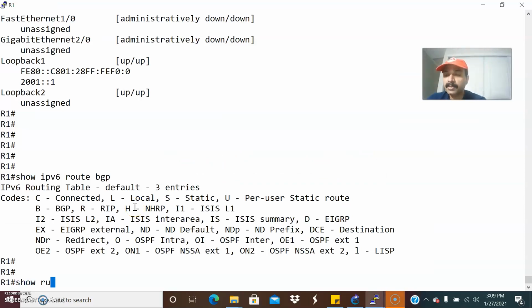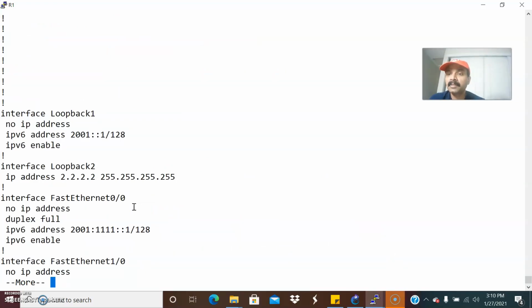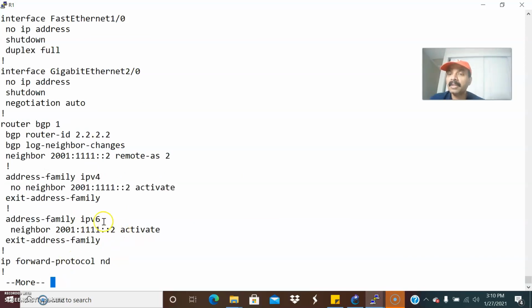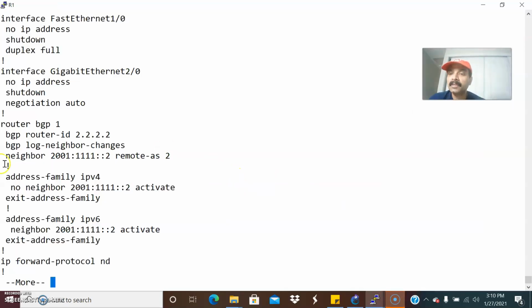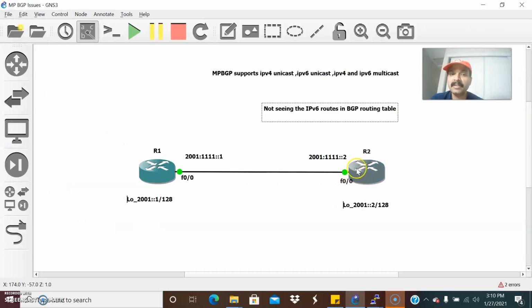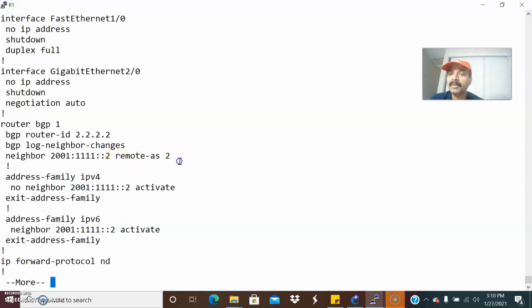Before that, let us go to the configuration and see what configuration we have done. These are the interfaces I have defined, the directly connected interfaces. Command-wise, I have configured R1 in autonomous system number 1 and R2 in autonomous system number 2. On R1 I established a neighbor, the neighbor statement being the FastEthernet 0 address of R2, followed by remote autonomous system number 2.